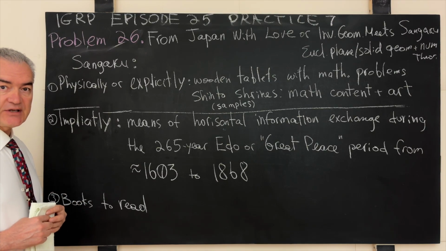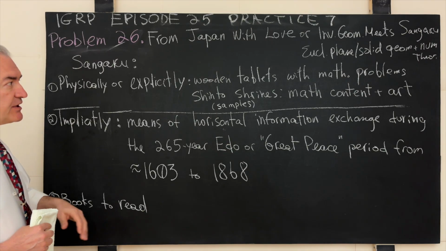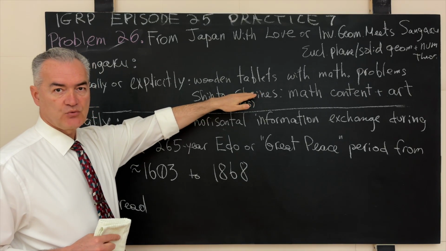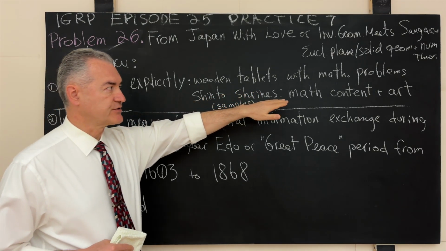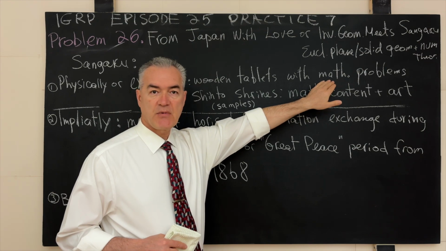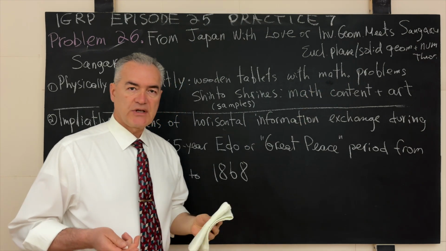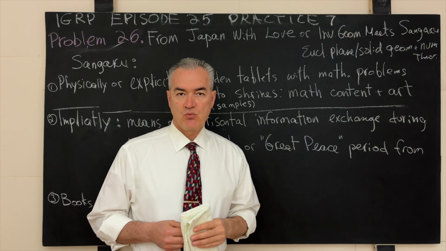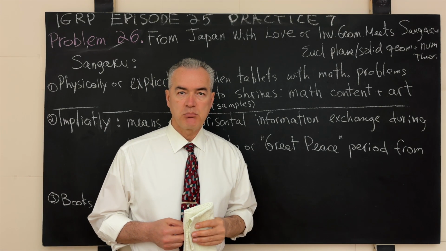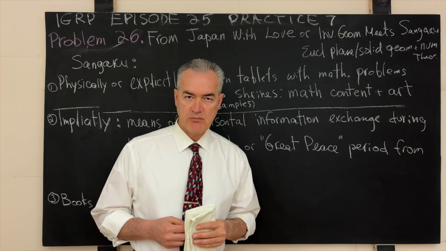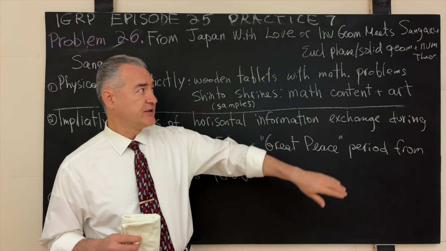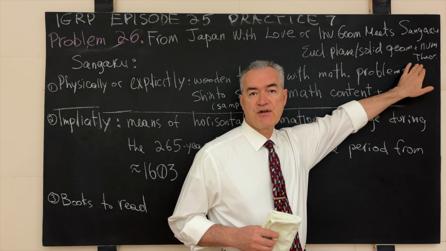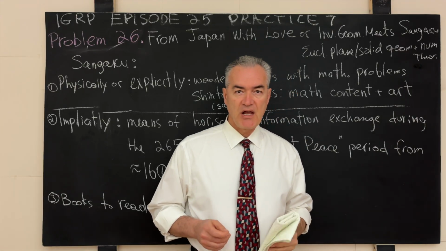Physically or explicitly, a Sangaku was implemented as a wooden tablet or a wooden plate on which in color there was printed a description of a mathematical problem that usually came from something that these days in the West we would refer to as the Euclidean plane or Euclidean solid geometry, but there were also Sangaku problems that deal with what we now in the West refer to as the theory of numbers,